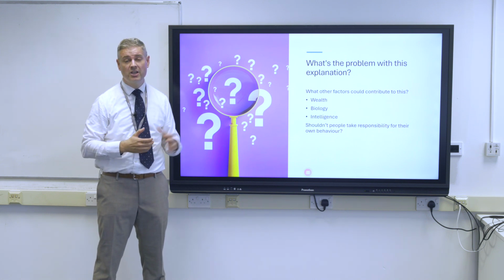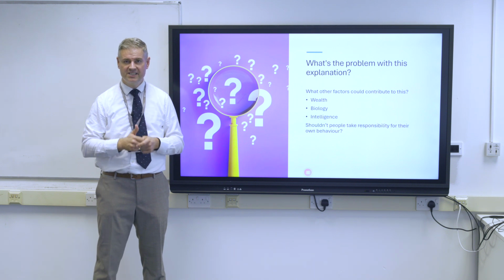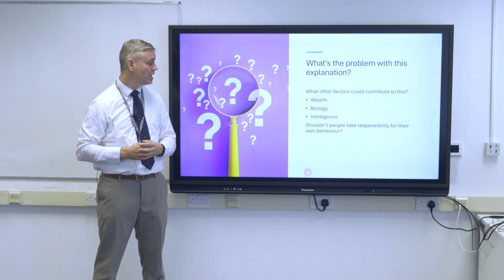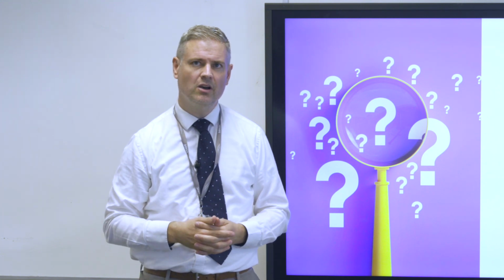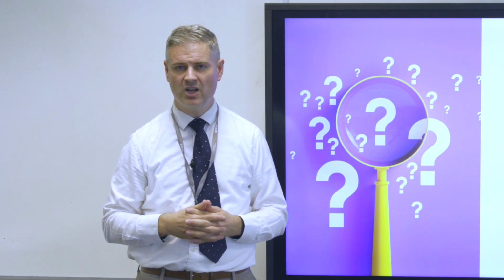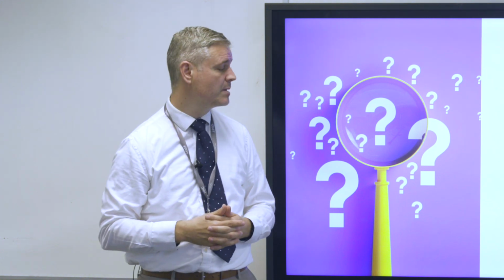The other factors we mentioned earlier as well, biology, it doesn't necessarily take biology into account at all. The fact that people might get involved in gangs because they like being aggressive and they are physically aggressive because there's something happening inside them isn't something that's picked up at all. And then obviously one of the other factors as well is intelligence. And what we mean by this is often people that are gang members, often they don't do well at school, they don't have as many opportunities, and often that's something that's driving them into being criminal rather than the fact that they're looking up to others. It just feels like it's the only thing that they're able to do.